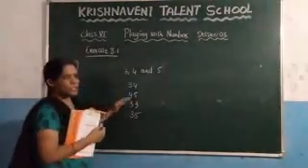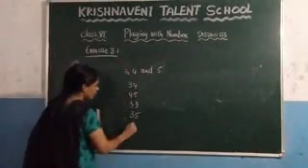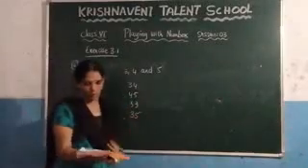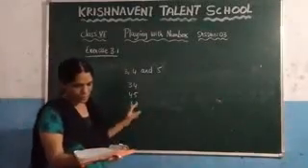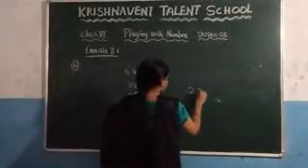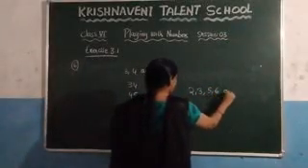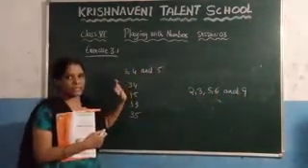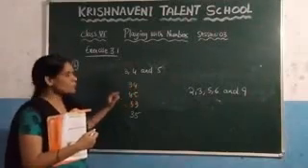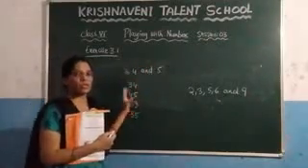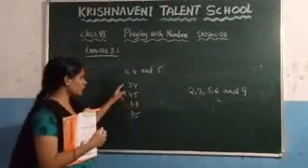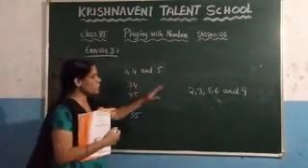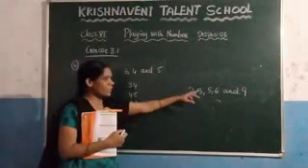After writing these numbers, you need to check whether these numbers are divisible by 2, 3, 5, 6 and 9. So what is the question given here? In the question they have given 3 digits, which are 3, 4 and 5. By using these digits, you need to write different 2-digit numbers. After that, for each number you need to check whether the number is divisible by 2, 3, 5, 6 and 9.